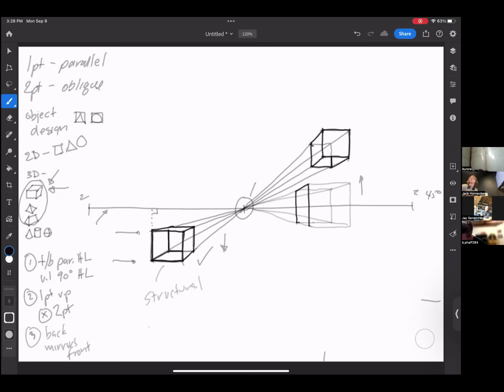Darken the lines that you want to be visible as your final lines. Again, because you understand the structure of that thing, you can darken certain lines and then make that thing feel like it's open from the front.